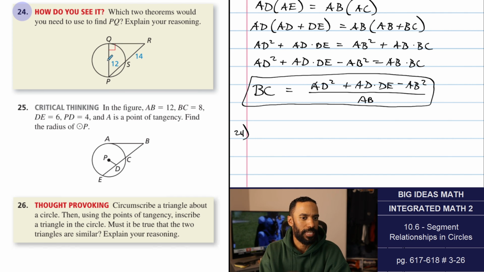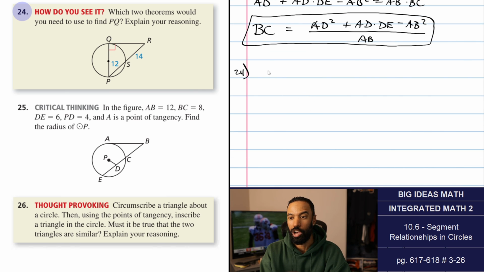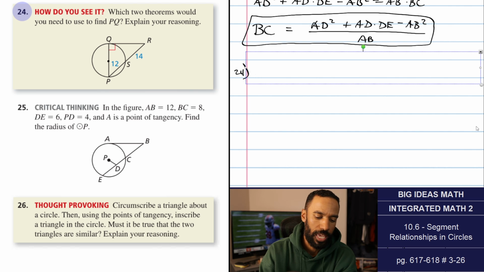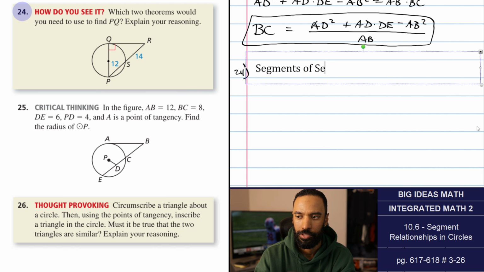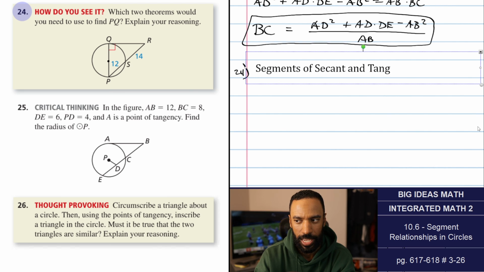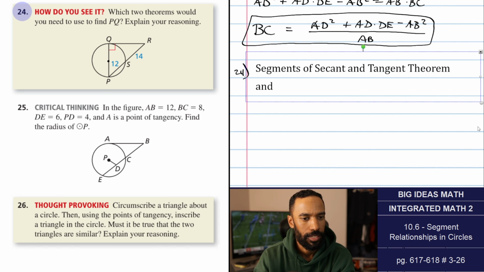If this is perpendicular to that, that means this is a center right here, which means this is a radius. So they didn't ask us to solve, by the way. So segments of secant and tangent, or tangent secants, theorem, and tangent of a circle theorem,